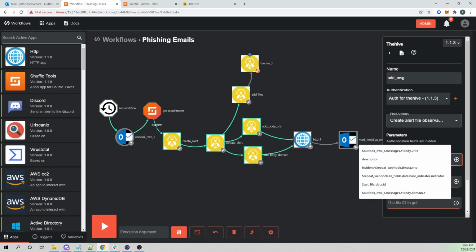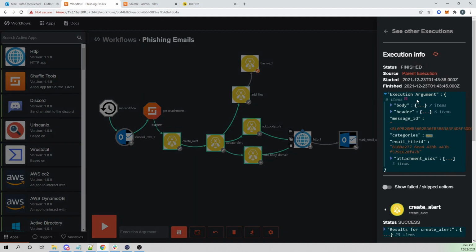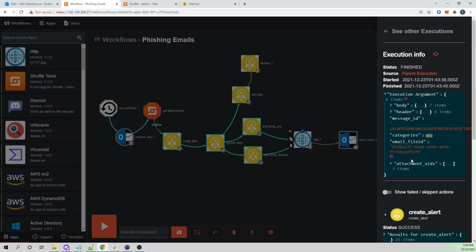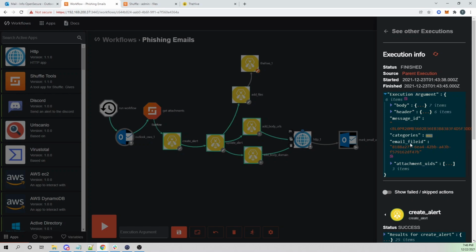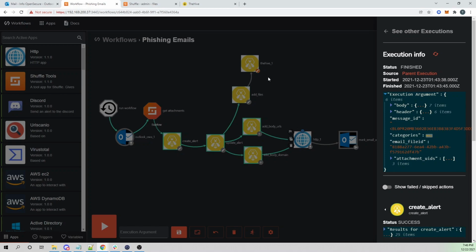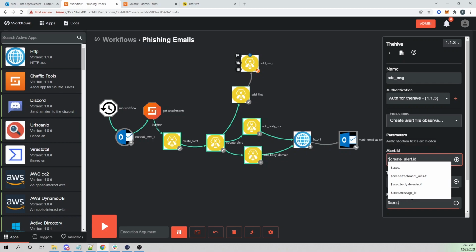And then for our file data, we're actually going to refer to, if we look at our execution argument, we're going to grab our email file ID. So we previously just grabbed our attachment UIDs, which grabs the attachments that were sent via the email, but now we want to grab the actual email itself, which will be that email.msg file. So I'm going to say email underscore file ID. So again, I'm going to reference my execution argument. I'm going to say dot, and then I'll say email underscore file ID,